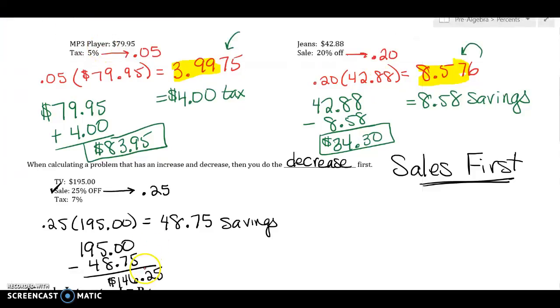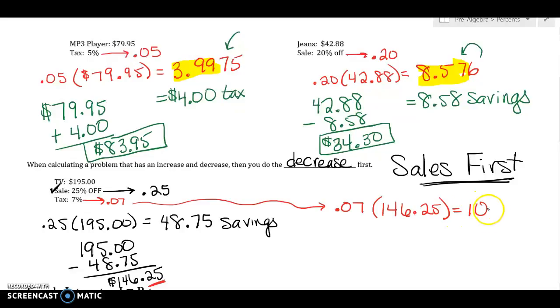Okay, well, tax is 7%. And I'm going to do that over here. So I'm going to do 7% of how much the TV cost me. Well, I don't do the original cost because I'm not paying that much. I'm paying this $146. So that's what I'm going to multiply by. And so 7% times $146.25 gives me